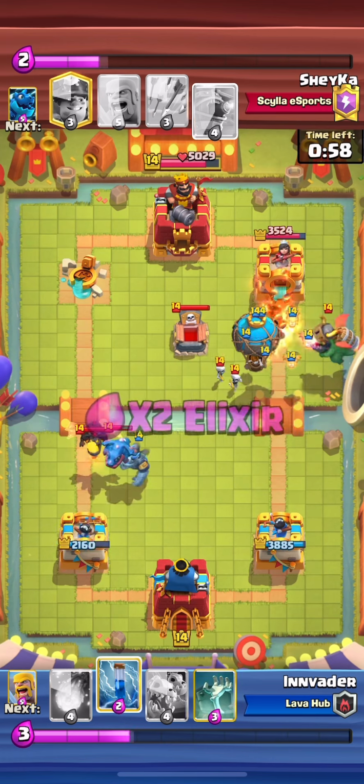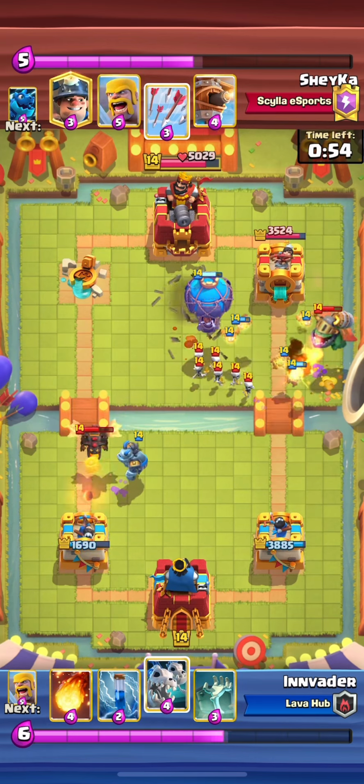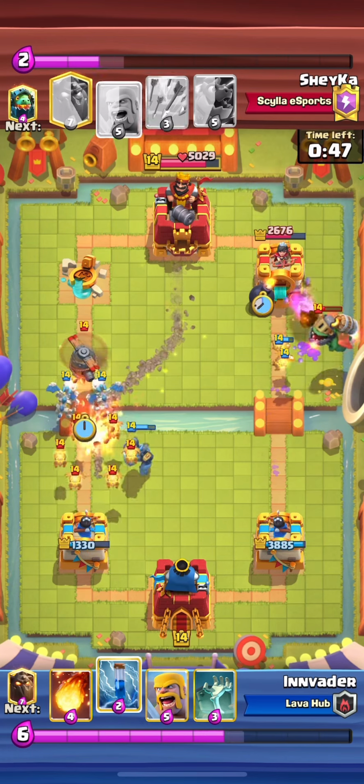We were forced to use the Mega Minion on this E-Dragon, but it's alright because we're still going to get some nice damage, and although I believe he gives us a balloon hit, we're not...